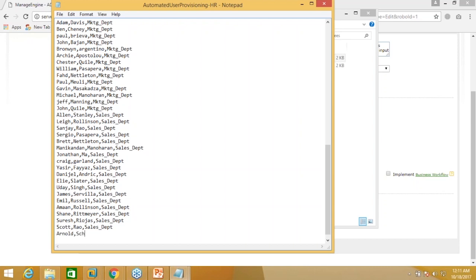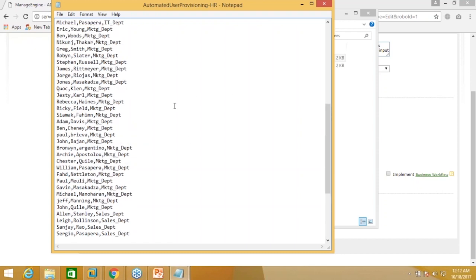And let's say the department is going to be marketing. Pretty simple. All HR has to do is select this specific CSV file that is mapped to this automation, fill out the first name and last name, and add the corresponding template